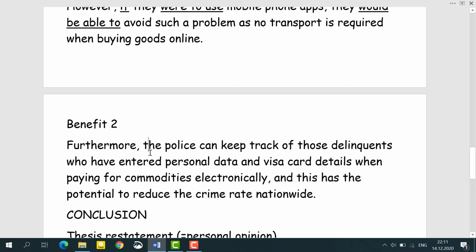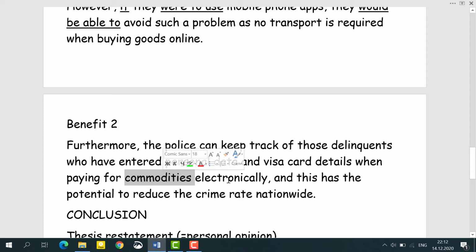Okay, the police, remember, always use the. Can keep track of means follow. Okay, watch, understand where they are located. Those delinquents, which means criminals, who have entered, I'm using the present perfect here, plus who, not which, because we're talking about people. So who have entered personal data and Visa card details when paying for commodities, which means goods,